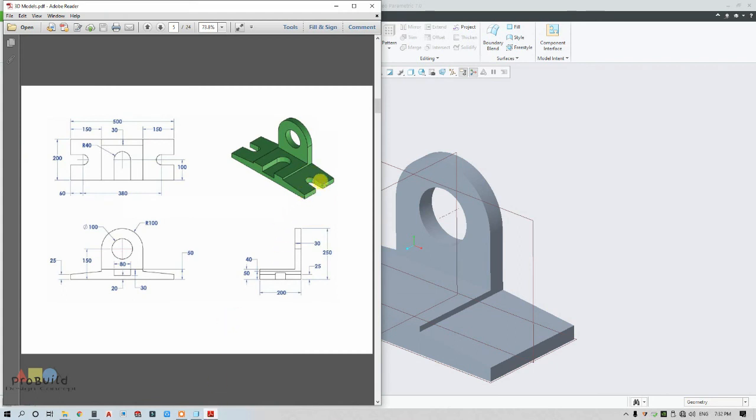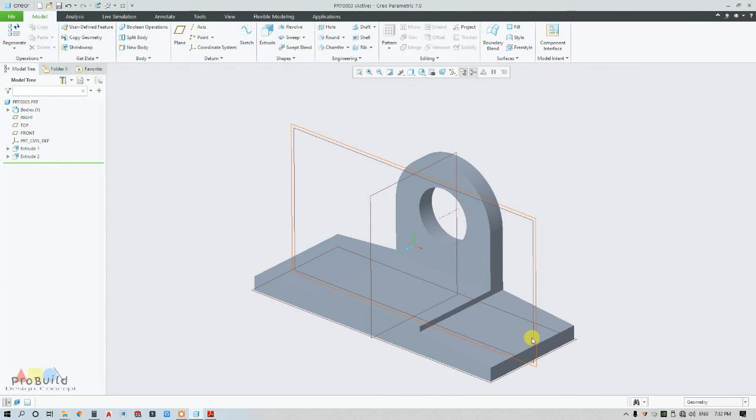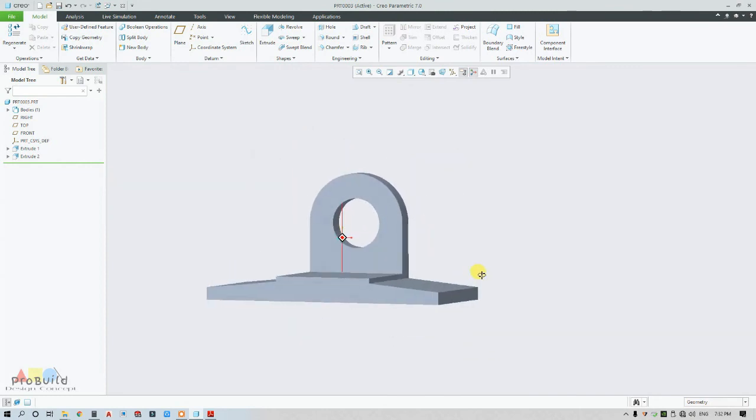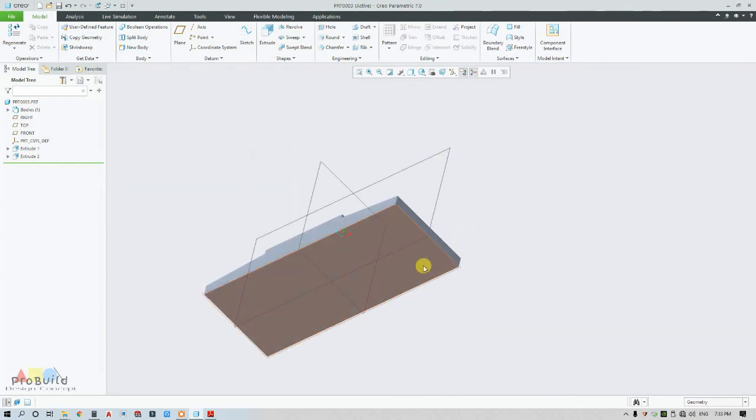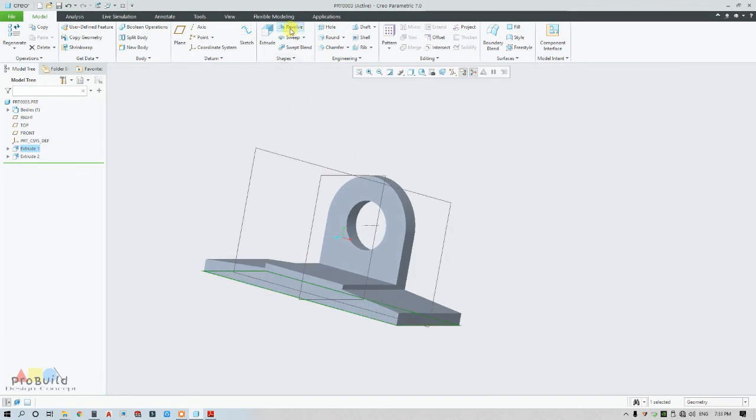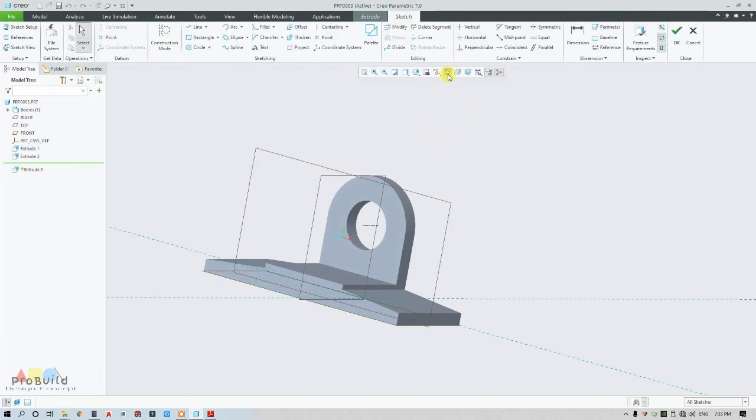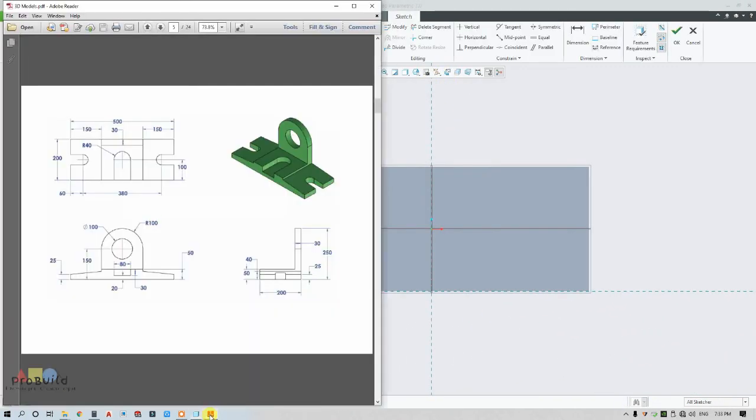So I'm going for this slot first. Since there is no radius or diameter mentioned, let me take an assumed one. For this I'm going to select the very bottommost surface and go for extrude, but I've been given only the center to center distance of 380.